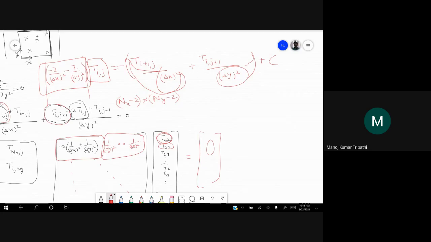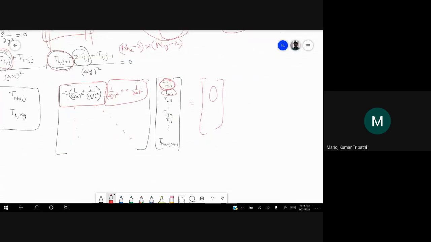So you can see that here in these cases, for the points which are near the boundaries, this condition of strict inequality, that it should be less than the coefficient of this unknown, is satisfied. And in all the other points, it is equal. So the Scarborough criterion is satisfied.